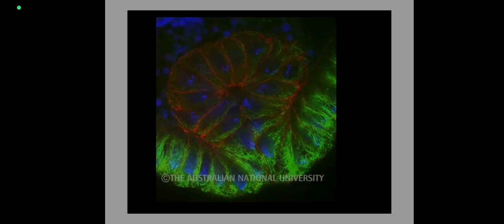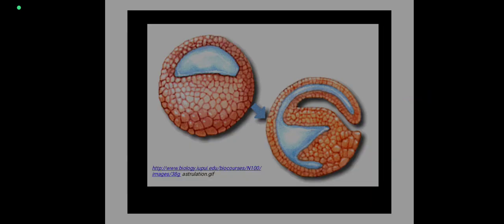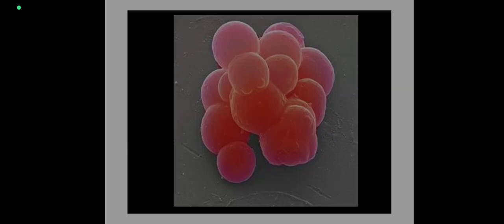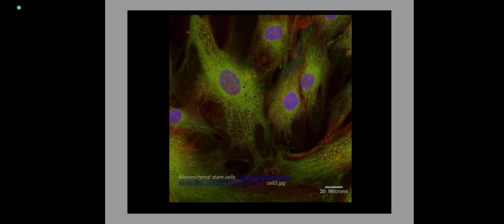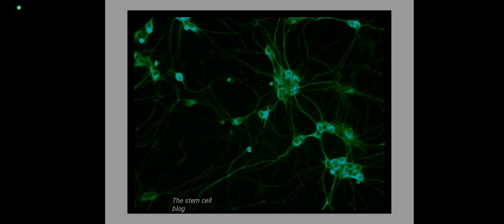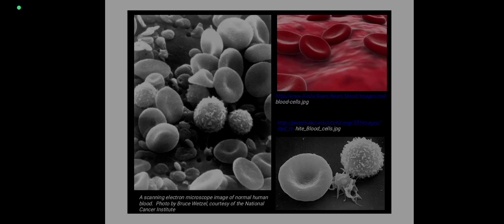This is the stage of blastula. These are actually the 3 layers, ectoderm, mesoderm and endoderm, in the blastula stage. This is the actual stem cell, which can be used to repair any type of cell in our body. This is the late morula stage. This is also a cell. These are the stem cells. These are also dividing cells. These are the actual blood cells, an electron microscopic image of normal blood cells.